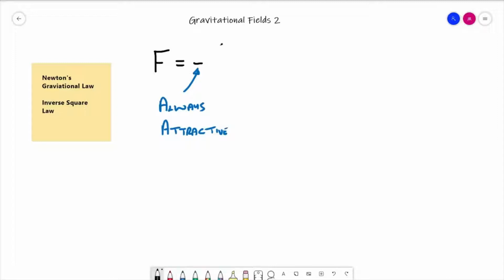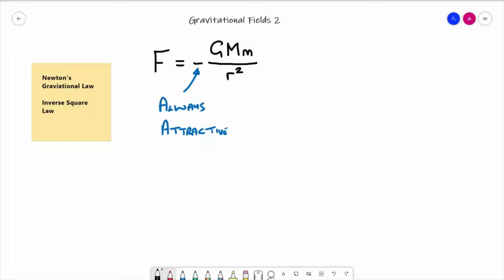So minus G, with G being the universal constant of gravitation, multiplied by m1 m2. So the two m's are the masses of the two objects between which we're looking at the force, or between which the force acts, and divided by r squared, r being the separation from the centres of mass of the two objects. We also pointed out that Newton's gravitational law is an inverse square law,